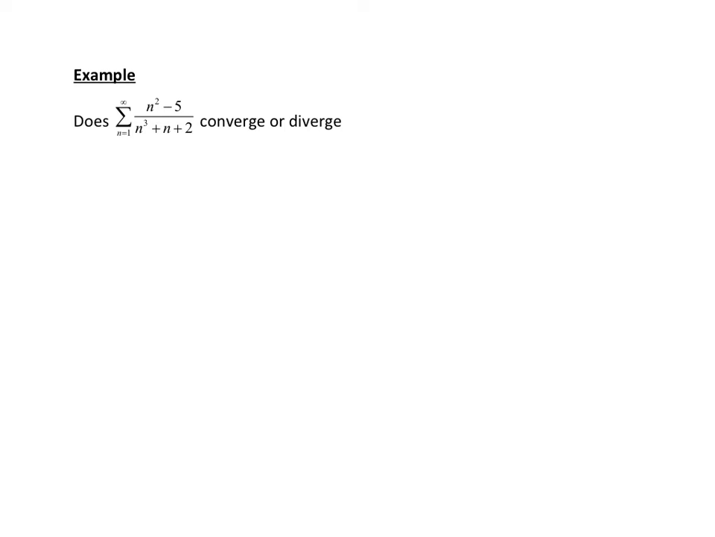So let's look at this one. We want to determine if this series converges or diverges. And this looks like something you may want to use that comparison test that we did in those first few examples. So if you think about it, as n approaches infinity, n squared minus 5 over n cubed plus n plus 2